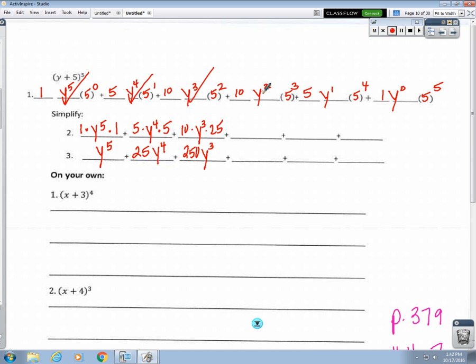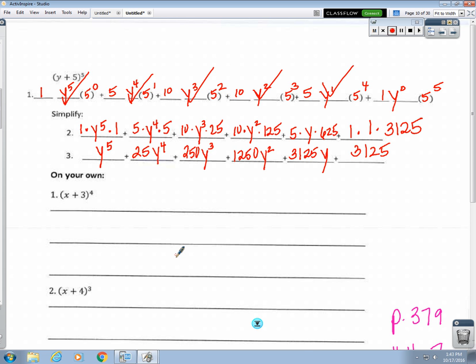Right? Okay, for this one we have a 10 times y squared times what? What is 5 cubed? 125. Okay. And then what is 10y squared times 125? Right? Okay, then for this term, the fifth term, we have 5 times y the first times, what's 5 to the fourth? And then when you multiply it by the 5y, you get, right? And then for this one, we have 1 times y to the 0, which is 1, times 5 to the 5th, which is, and when you multiply those by 1 and 1, you get,